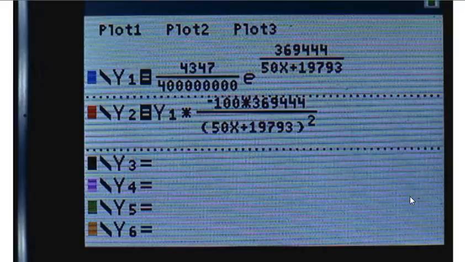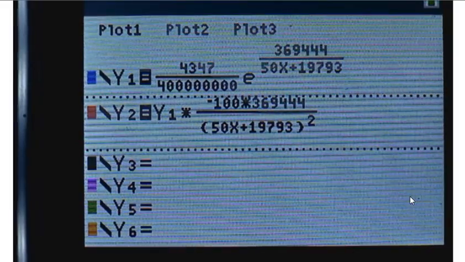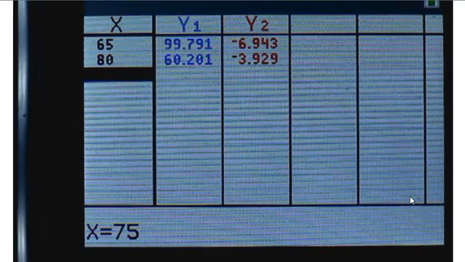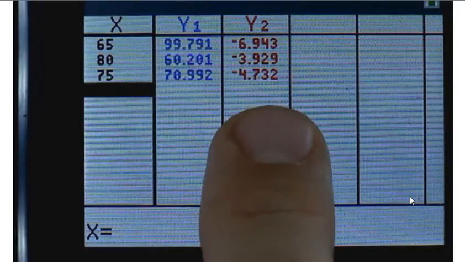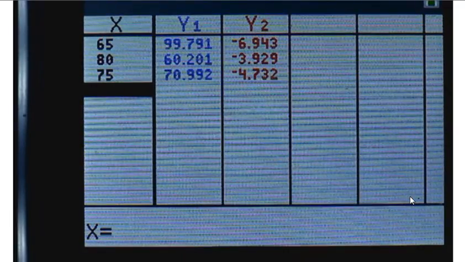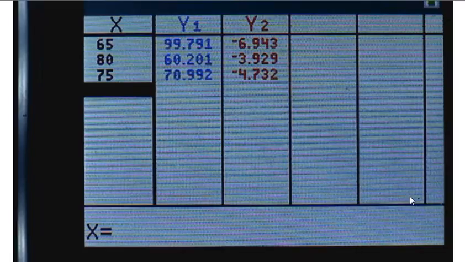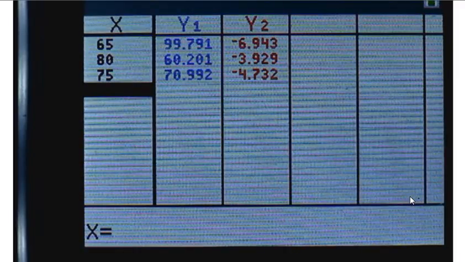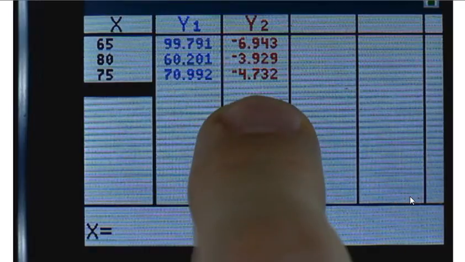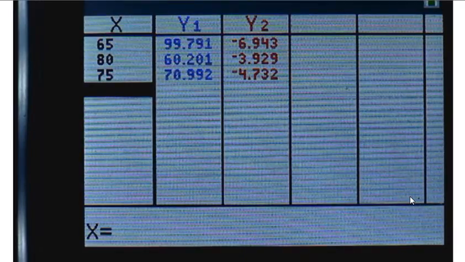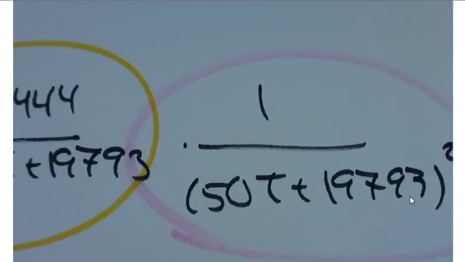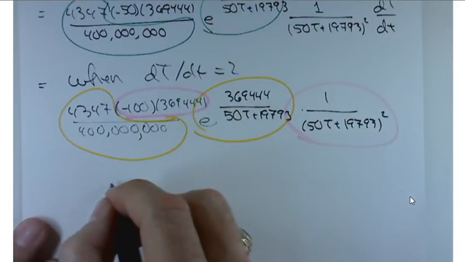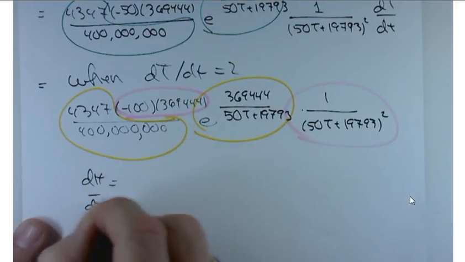Whew. All right. Last but not least, let's go to the table. Second table. We wanted to evaluate this when x was 75, and what you're going to get now for Y2 is how the relative humidity is changing as the temperature is increasing. So as the temperature is increasing by 2 degrees per hour, the relative humidity is decreasing by 4.732%. I'm very happy that that was consistent with the number I got in my morning class. So dH/dt equals negative